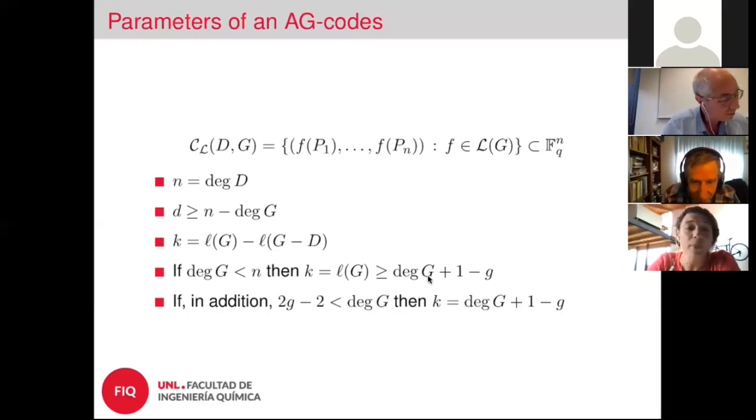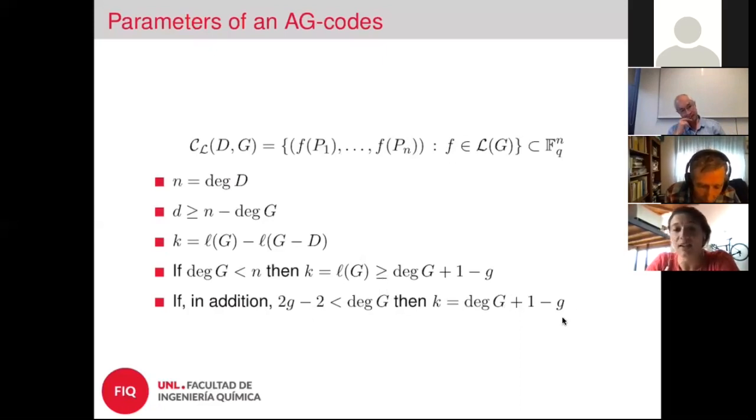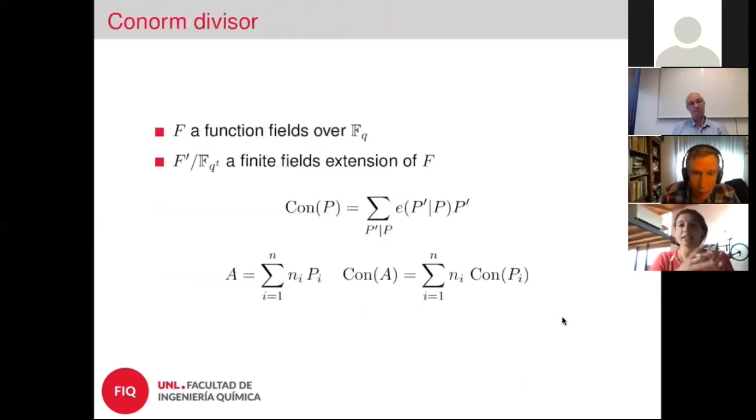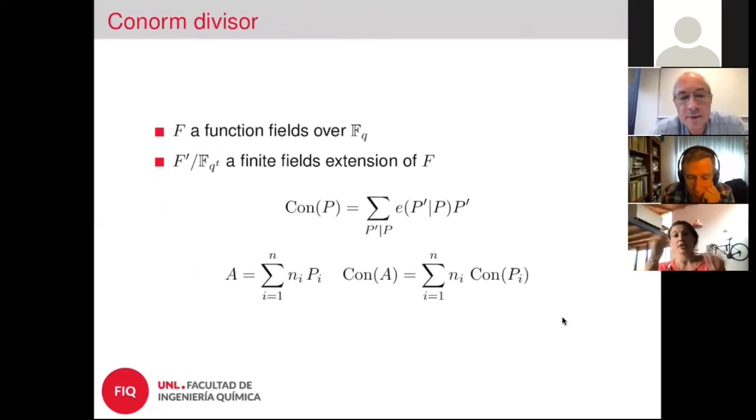If in addition we have the degree of G is not only bounded by n, but is also greater than 2 genus minus 2, then we said that the code is a strong AG code. And in this case, we have that the Riemann-Roch theorem holds with equality, and we have exactly the dimension of the code. So what we did in this work is to use the conorm divisor of a divisor considering an